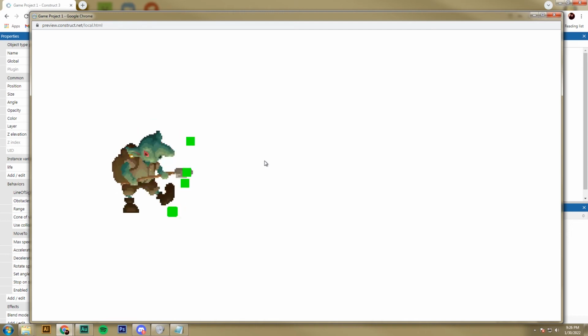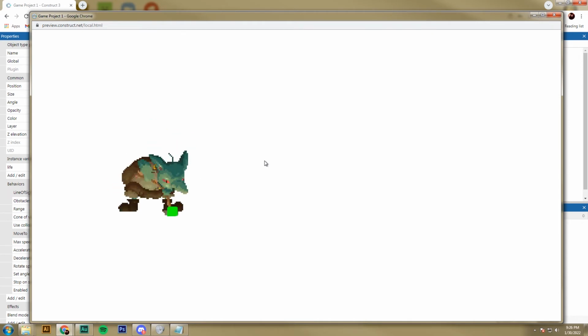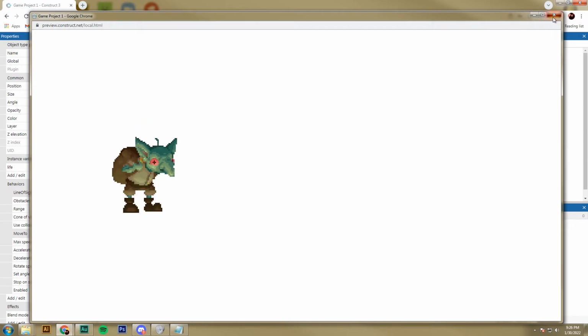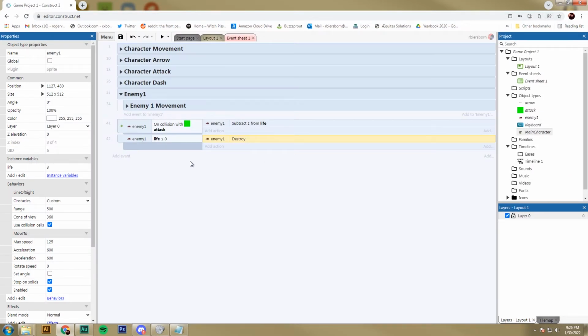The reason for that is because look at how many hitboxes I'm making. I'm making a bunch of hitboxes, and each one of those hitboxes is doing 1 damage to our enemy. So it's like instantly hitting it for, in this case, probably like 6 hitboxes. And that's not the way we want it to happen. There's a couple things we can do about that. I'm going to show you one thing that I think is a good recommendation, and that's back in the attack